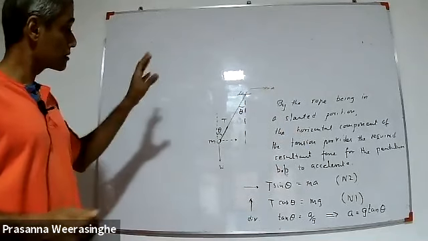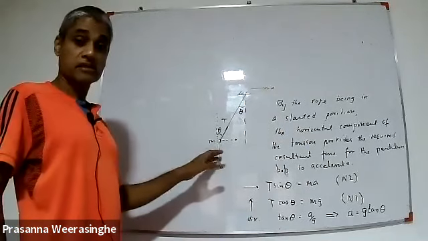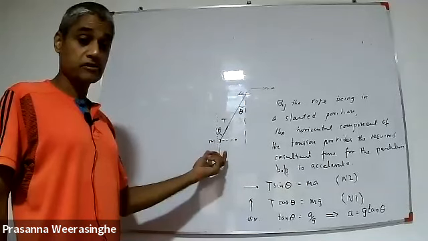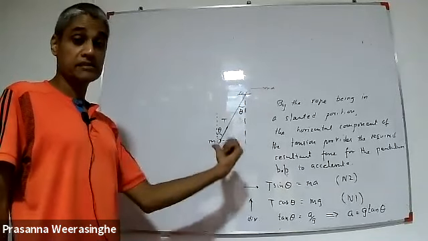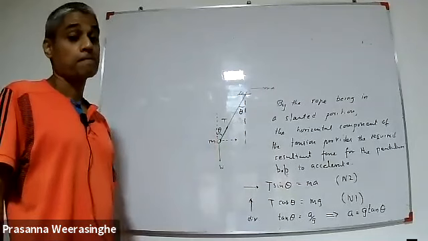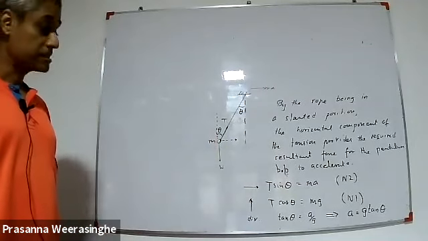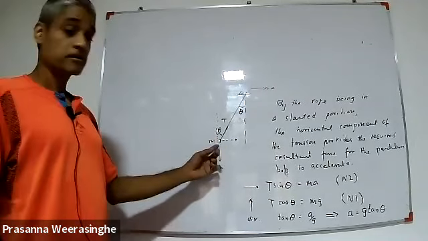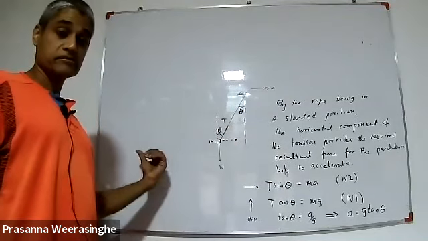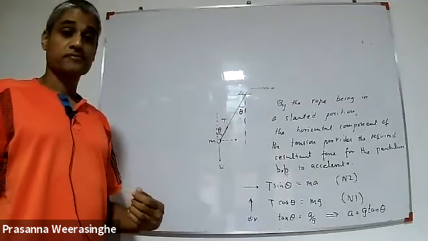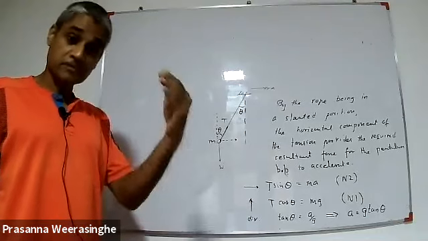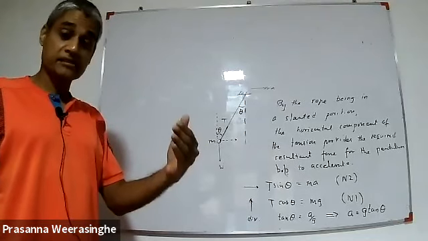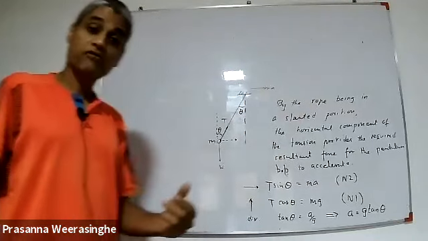But there's another situation, and that is decelerating to the left. So you decelerate to the left, then you imagine yourself in your car. If the car suddenly brakes, you end up going forward because